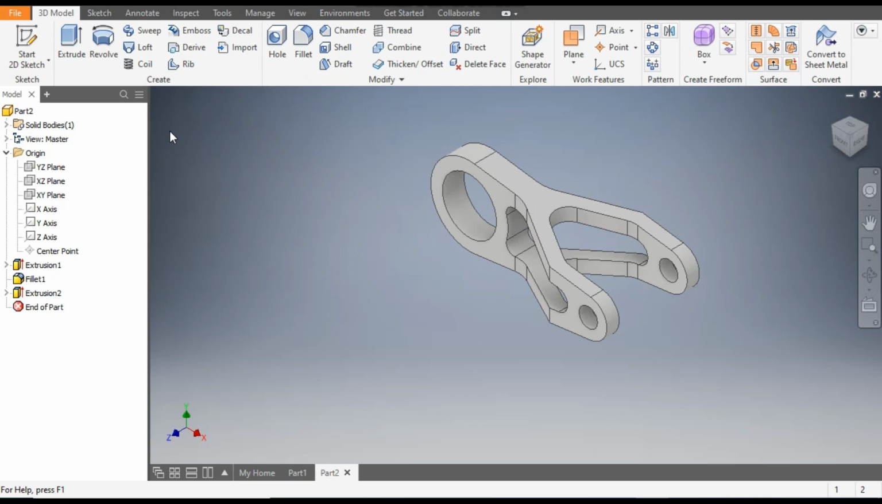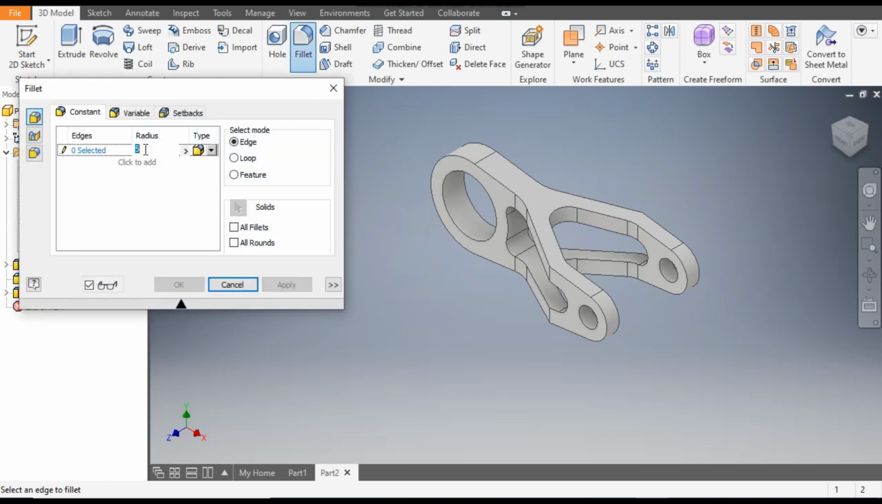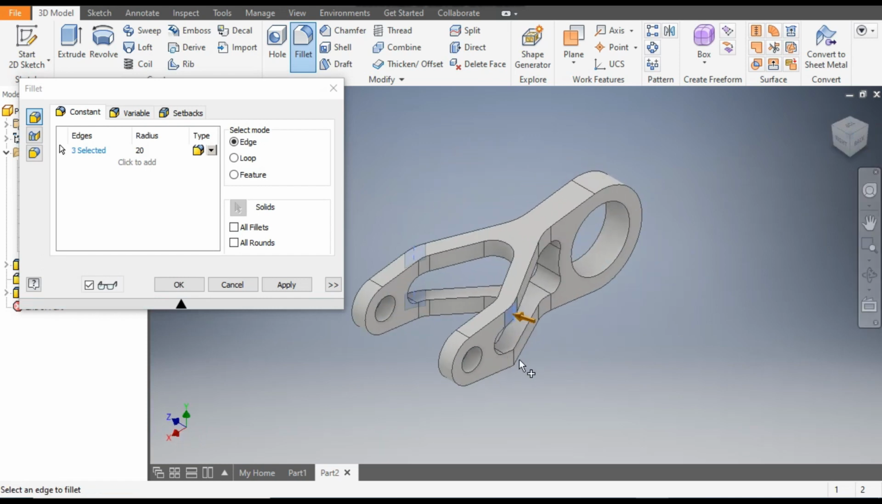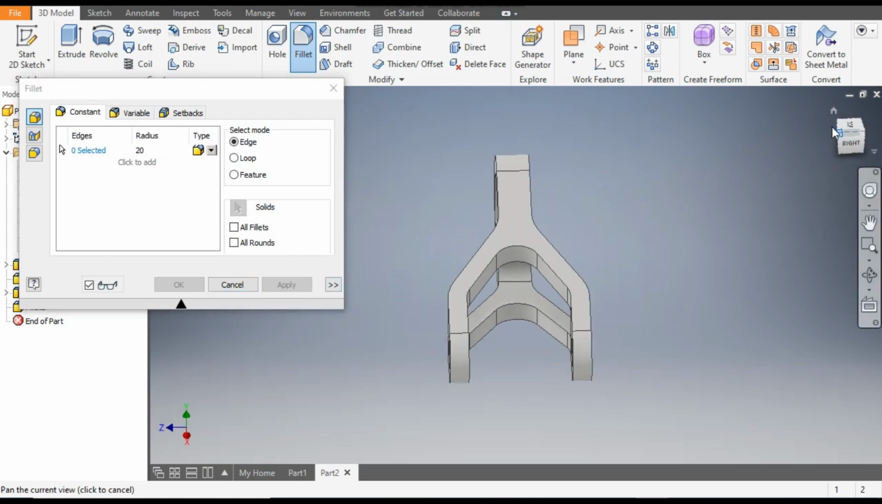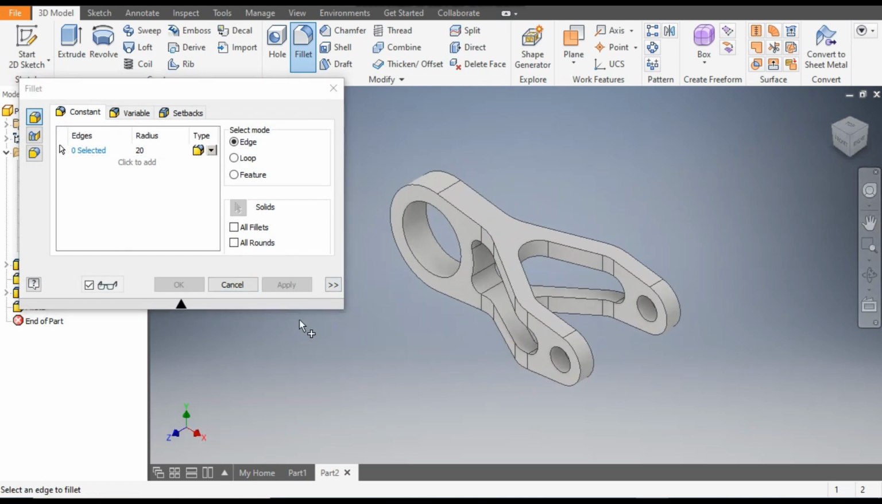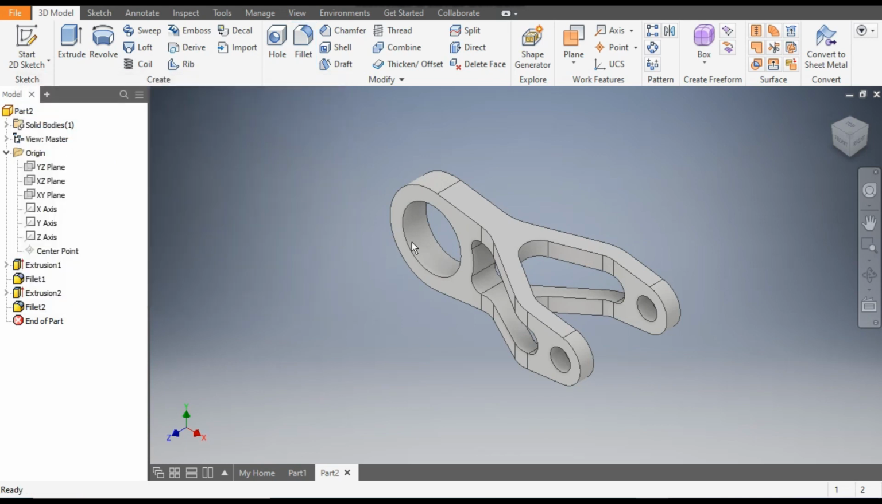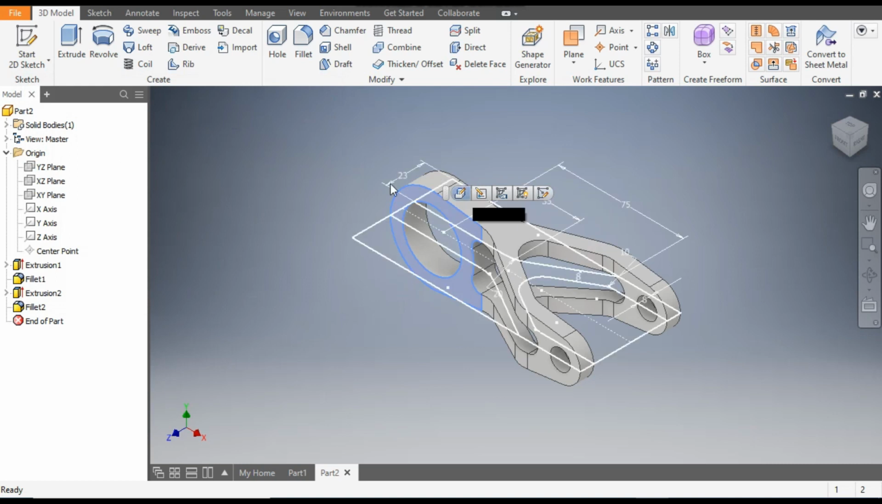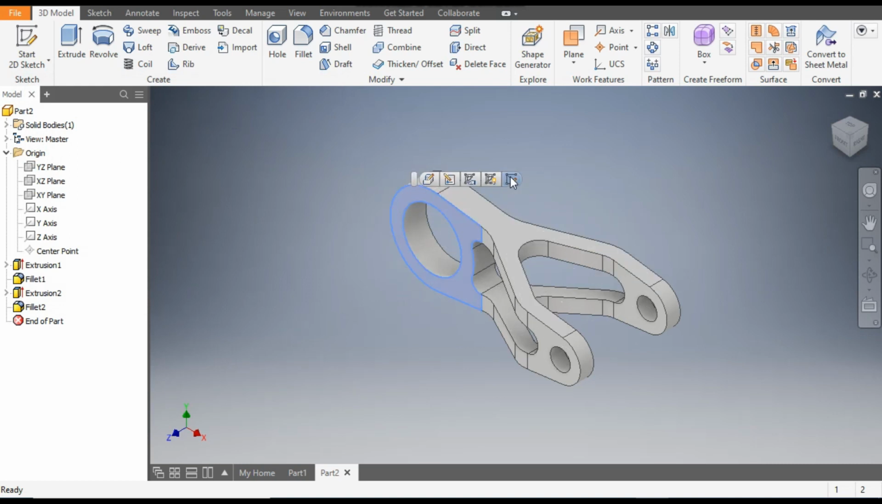Go to 3D model, fillet, take a radius of 20 mm, go to edge selection, select this edge and this edge, rotate this and this, apply. Okay, and exit. Here we have one profile more, and select this face, go to create sketch,